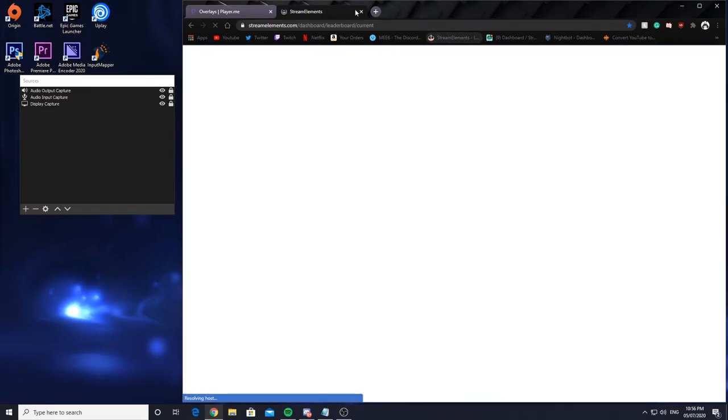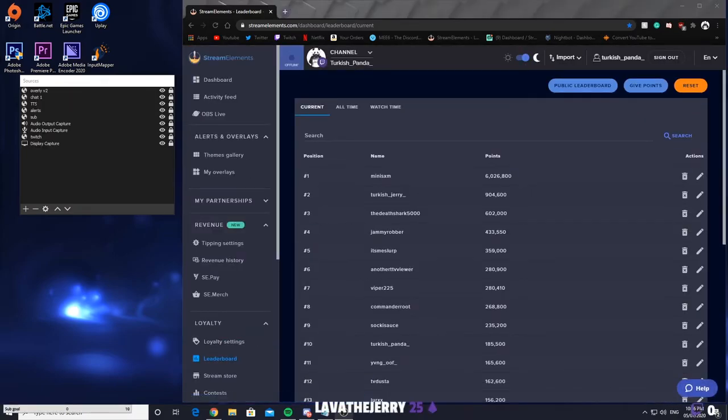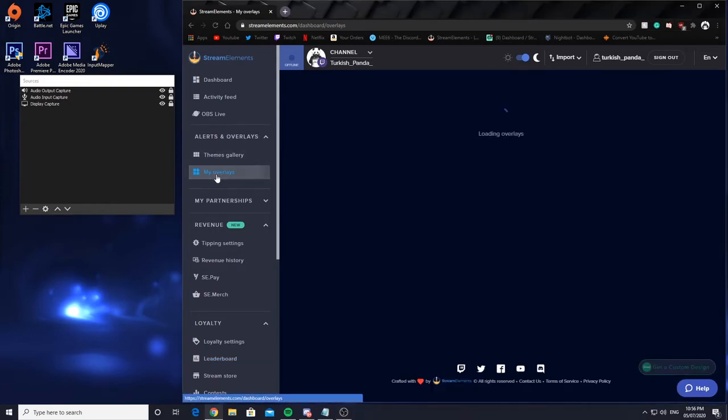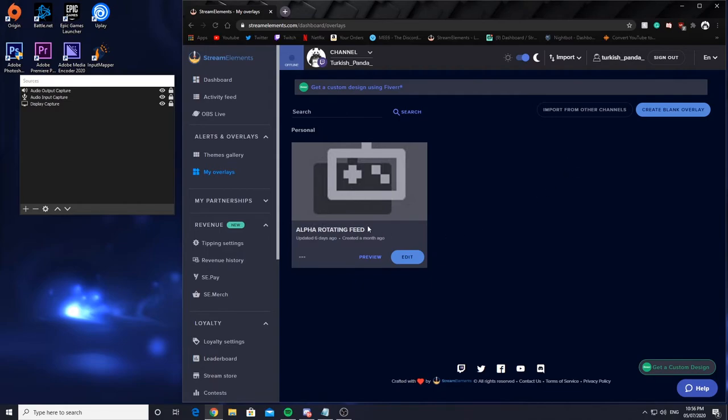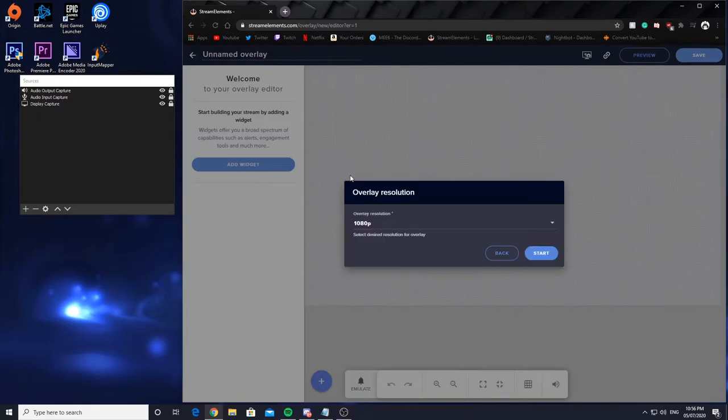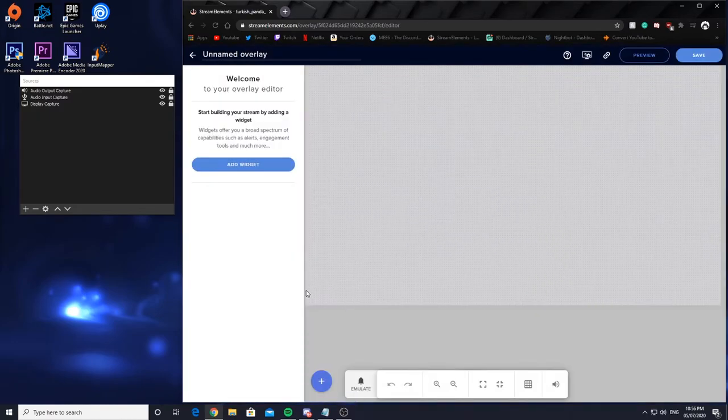The other way is with Stream Elements, which is this overlay at the bottom. As you can see, the little overlay at the bottom. For that, you guys could go to alerts and overlays after you've logged in. For example, I've got the alpha rotating feed. I created this a month ago and updated it 6 days ago, and I posted it on my stream source. What you do is create a blank overlay. Just click start, and this is the space it gives you to create an overlay to your